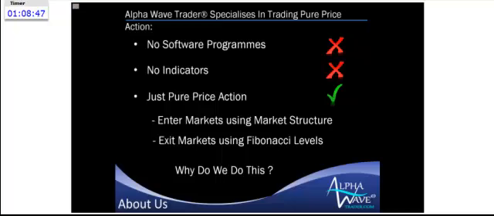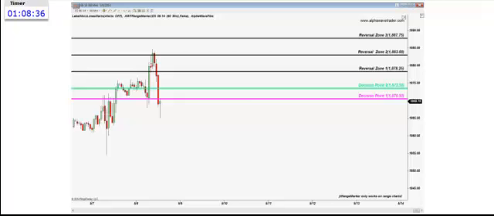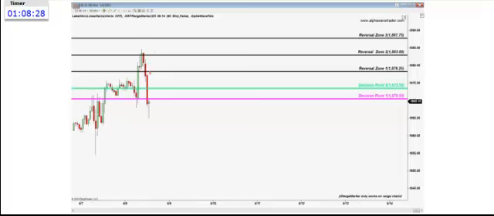Correct? So let's take a look. What did we expect on S&P, and why was I encouraging our traders to remain bearish? About a couple of hours ago, the trading room closed at 12:30 EST, which was 3 hours ago. It's for that very, very simple reason. When price comes to the reversal zone, you're simply monitoring for a reversal entry. And that was a lovely collapse based on Alpha Wave Trader Method. That was very, very classic and very clean.